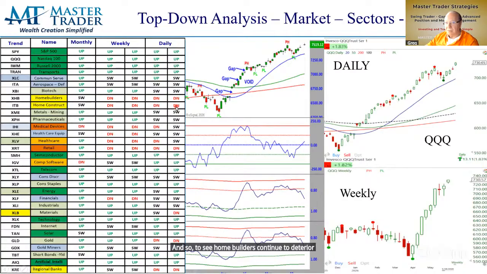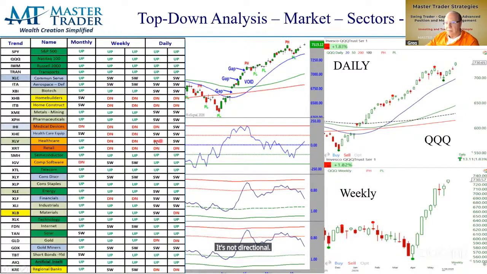And so you see home builders continue to deteriorate. Home construction, it's in a downtrend. So you might think, oh, they're cheap. They're extended. Well, they're not directional trades. Maybe if you get a bullish wide range bar, you can get a credit spread trade out of it. And so credit spreads are one way of participating in something that's in a downtrend if you get a potent reversal. Right? Medical devices improved. That's interesting, but it's not directional.